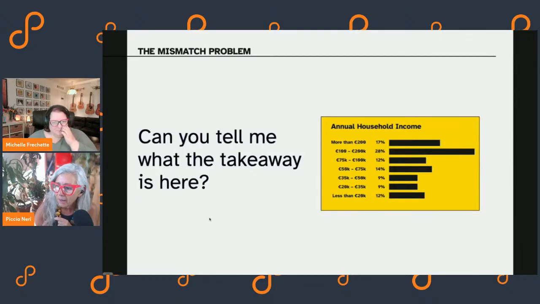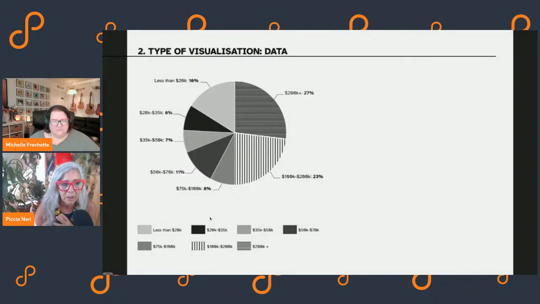So the way I thought would work better is as a pie chart. You could argue that this is borderline for a pie chart, because even as a pie chart, there are 7 different data. But here the story that it is trying to tell is a bit clearer, because it tells me literally it's about annual household income, and it tells me who has the biggest slice of the pie.